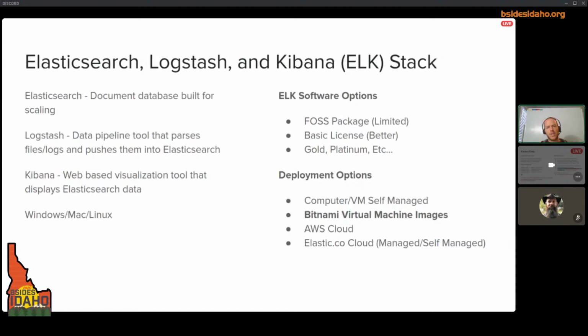All of this is packaged together in the ELK stack. It's available on Windows, Mac, and Linux. There's a variety of license options for you. The one that I'm going to use for all of the examples here is the free and open source version. However, you can register with the license for free and get a few more features, and then of course pay to add other features and support to it. For deployment options, you can run it locally on your computer, set up your own server,